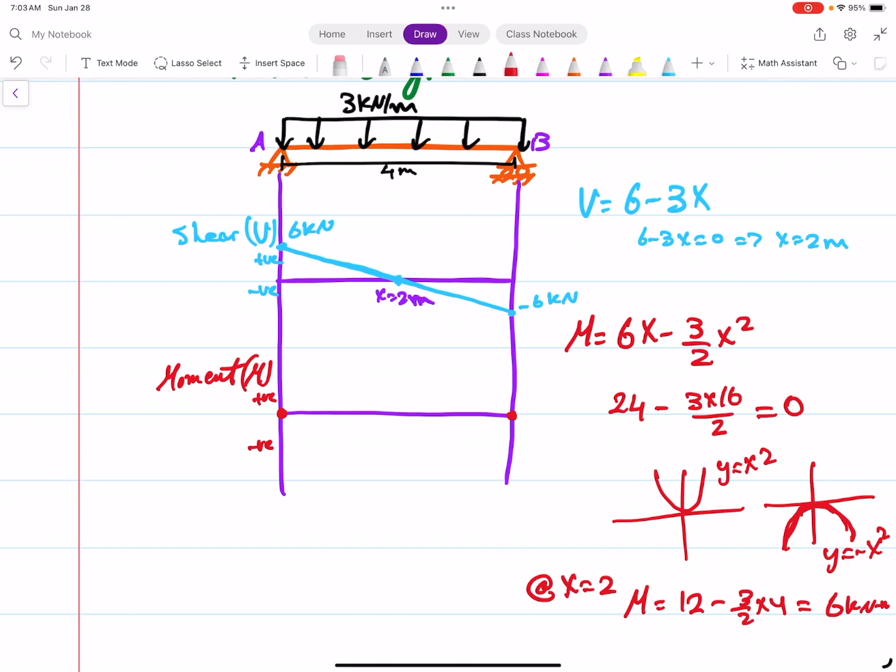So at x equal 2 we have a moment of 6 kilonewton meter. And it is a parabolic shape, so it will be something like this. To make it more clear, we are doing it like this. Okay, and the same for the shear. And that's it. I hope this